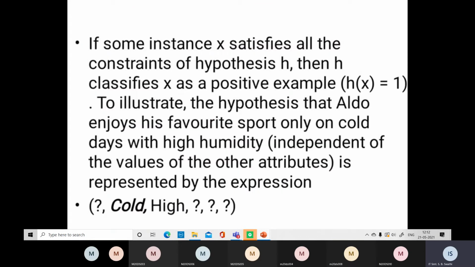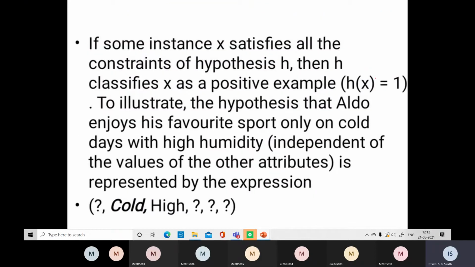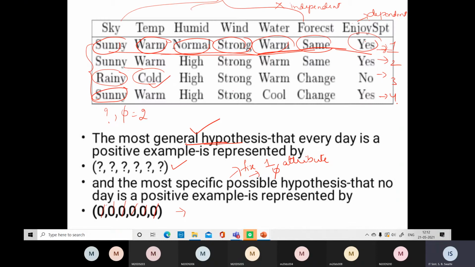Generally every instance, in the sense every row, remember, instance means a row. Each single row is called an instance. If you take the first row, each row is indicated by the notation h of x. What is x here? X is the attributes you give. H is the hypothesis and x is the attributes. What are the attributes for the first row? These are the attributes: sunny, warm, normal, strong, warm, same. These are the six attributes we are giving for x.